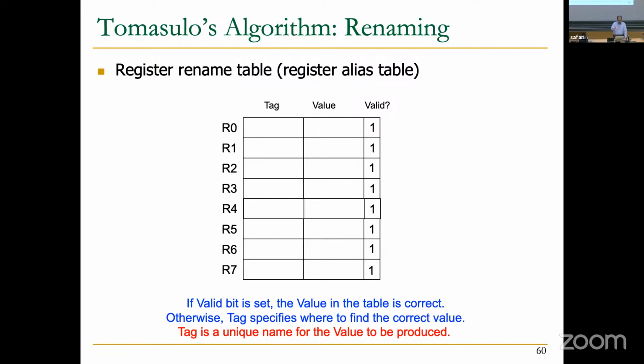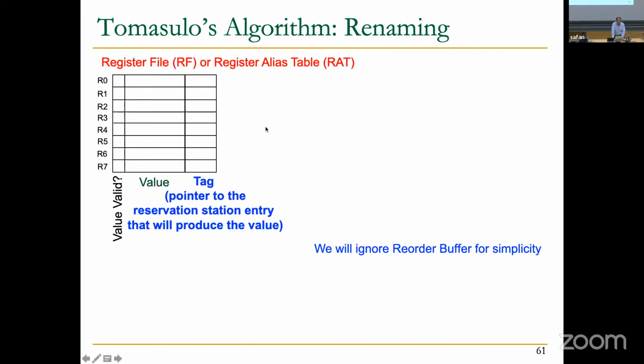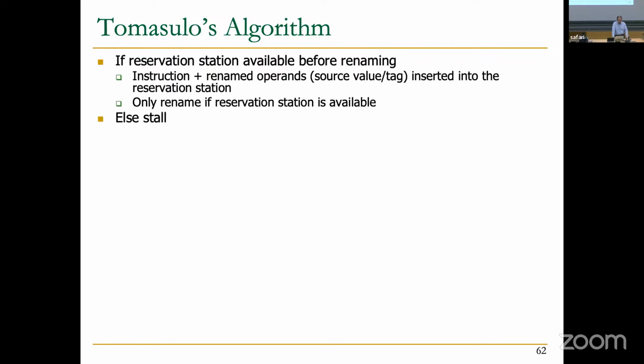And it shows that the value of the register here is not updated, and for that, we need to reset the valid bit. And we have a tag here, which is a pointer to the reservation station, for example. It's saying that the value of this register is going to be produced by that specific instruction. For simplicity, we're going to ignore the reorder buffer for now, but we see this RAT in detail here. So this is Tomasulo's algorithm,